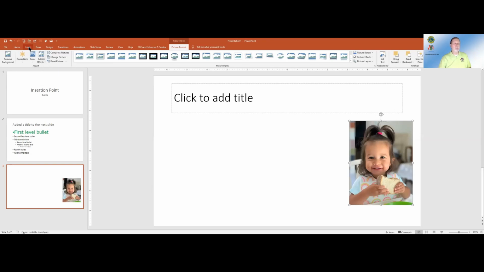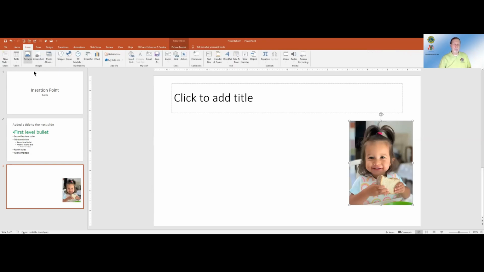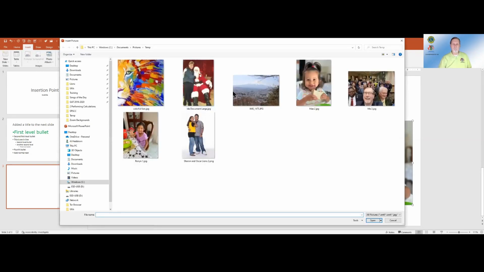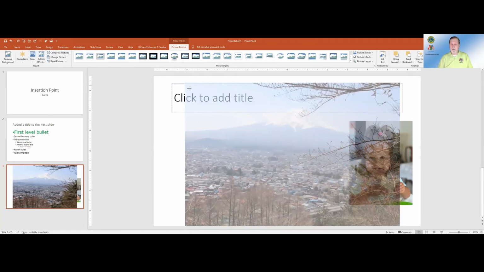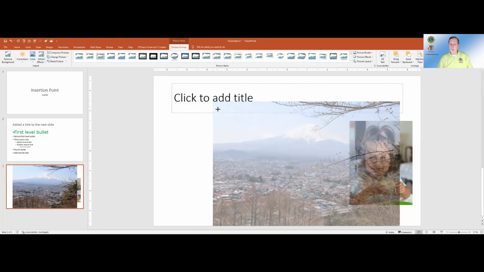As I go to insert one more picture, now that one's fairly big. Some of you may recognize this. Take a minute to eyeball that. And maybe you recognize the picture, and I didn't do a good job because I've got it slightly tilted there, but I still like it nonetheless. That's Mount Fuji over in Japan. I took that a couple of years ago. So I'm going to make this a little bit smaller.